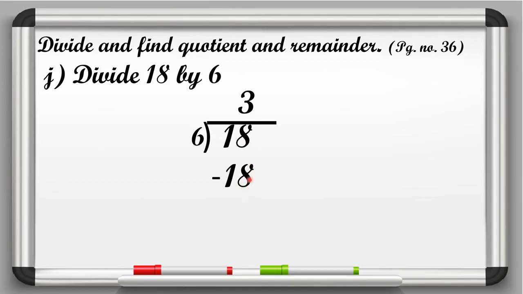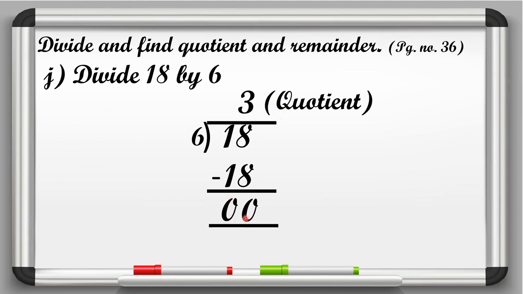8 minus 8, at ones place 8 is given, so 8 minus 8 is equal to 0. So here we will write 0 at ones place, and 1 minus 1 is also equal to 0, so here we will write 0. So we can say that 3 is the quotient, so here we will write quotient, ठीक है बेटा, and 0 is the remainder. और बेटा जब हमारा रिमाइंडर 0 होता है तो हम उसे बोलते हैं, उन सम्स को बोलते हैं विदाउट रिमाइंडर सम्स, ठीक है, simple division या without a remainder sum.